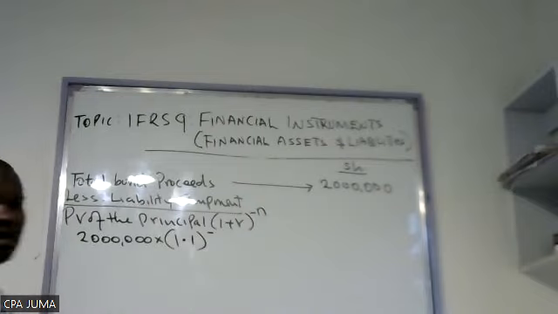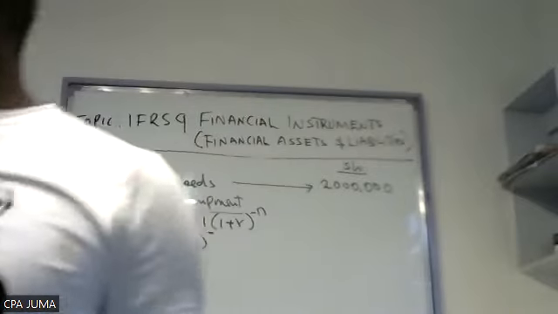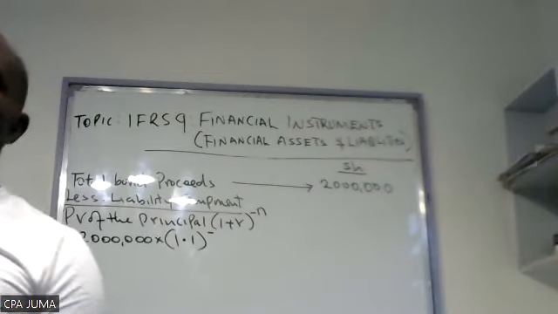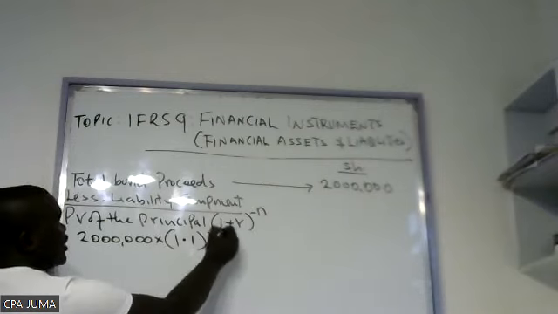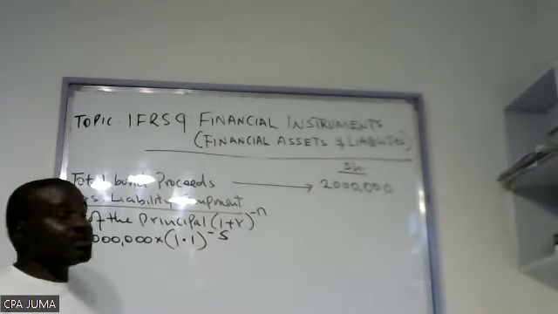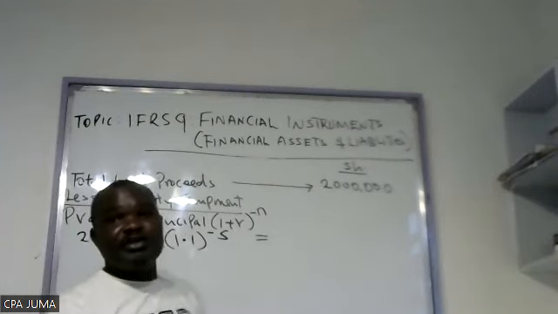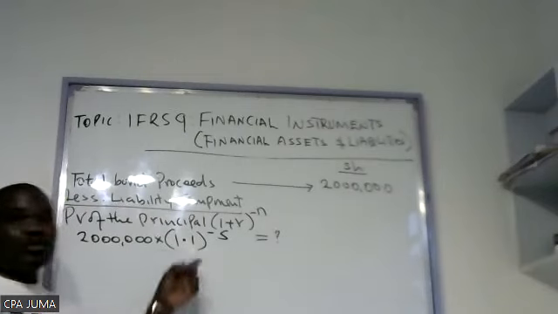Raised to the power negative how many years? When was it issued? How many years are those? Let me check if we are together. Those are 5 years. So raised to the power negative 5 years. Can you discount this one first before we go to interest? Don't bring it to the far end, bring it somewhere here. So can you discount that?